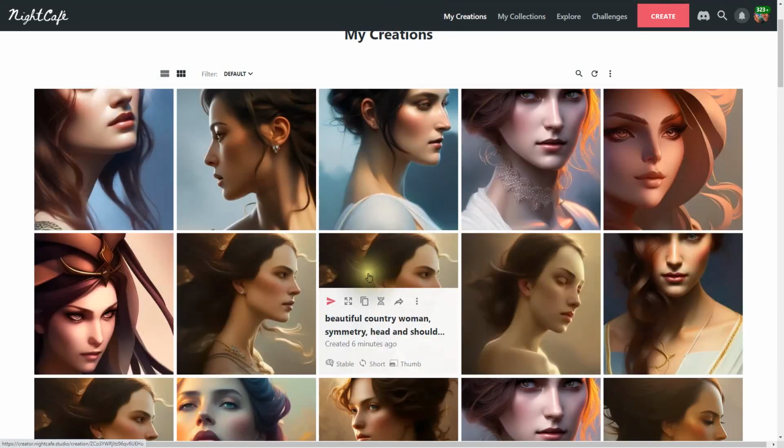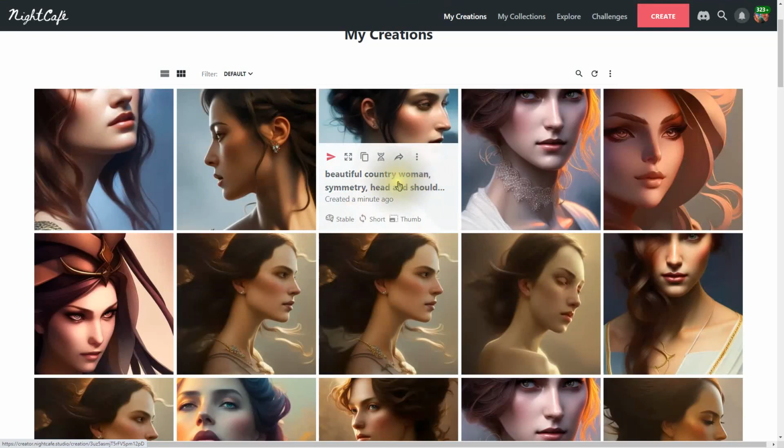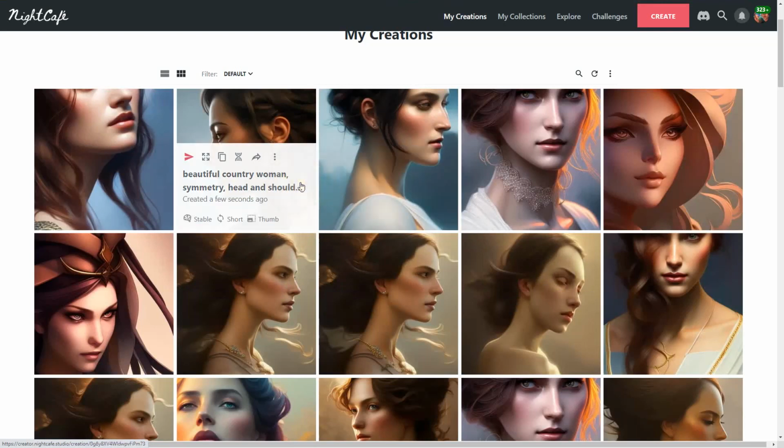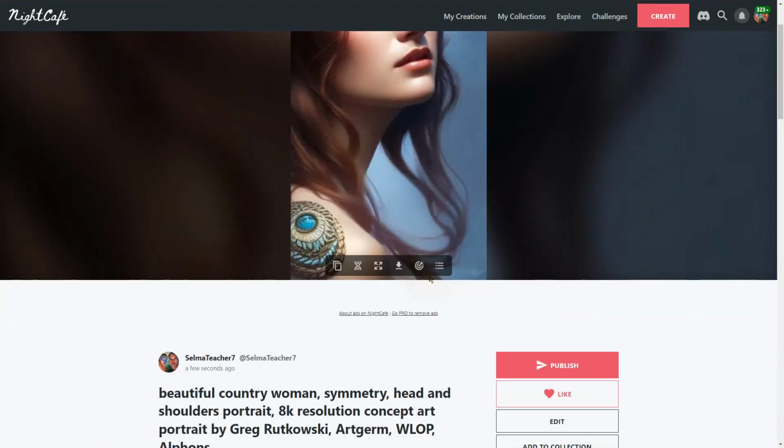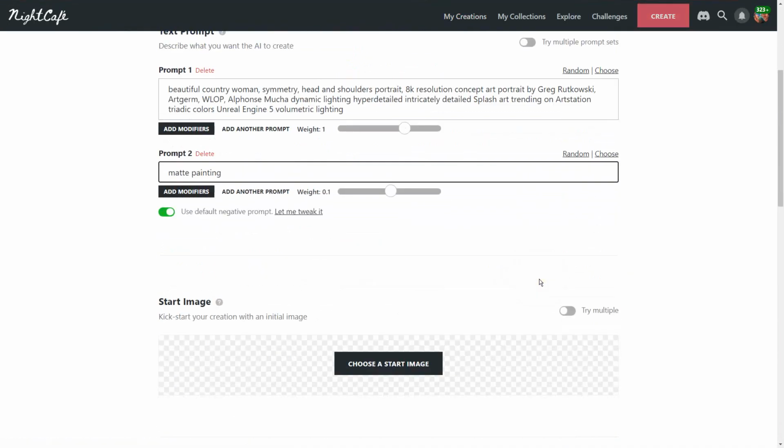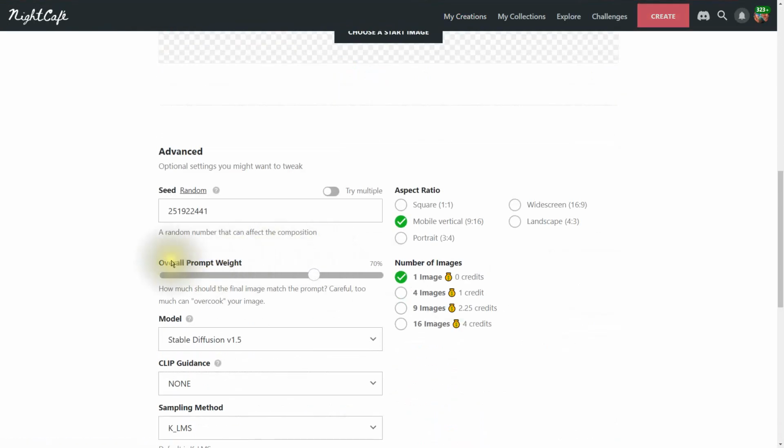Over and over again. Now, some of these are really similar because I did very small number changes in the seed number, or in very minor changes in the other aspects there. So let's go duplicate again, but this time we're going to choose a different overall prompt weight.